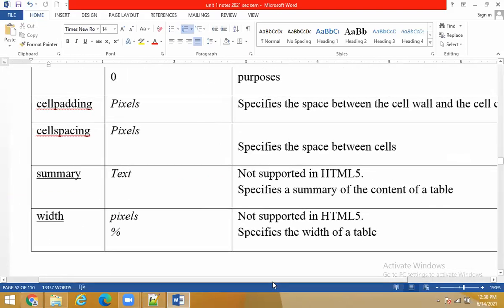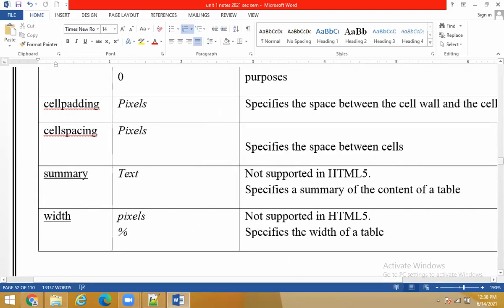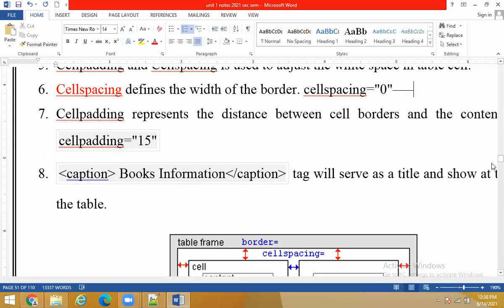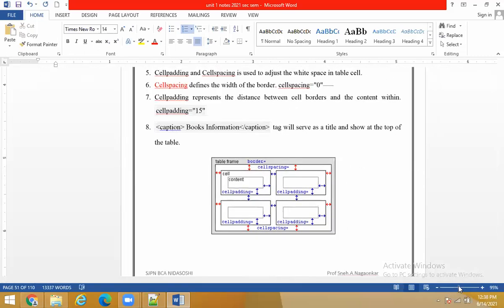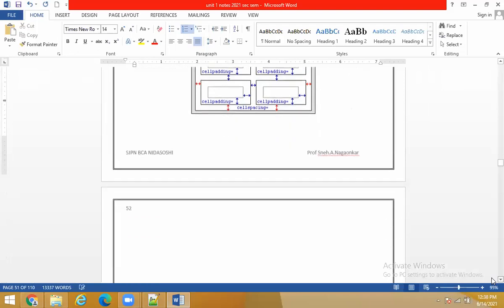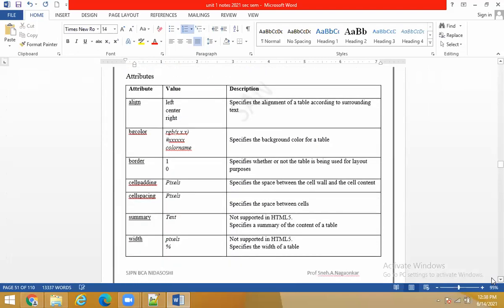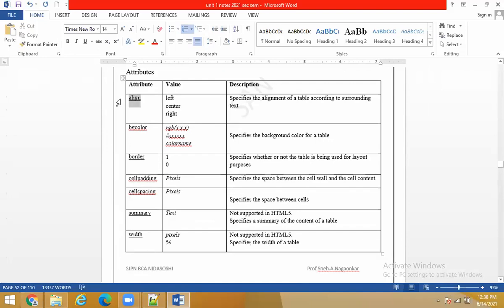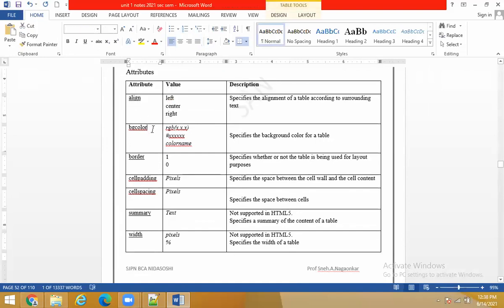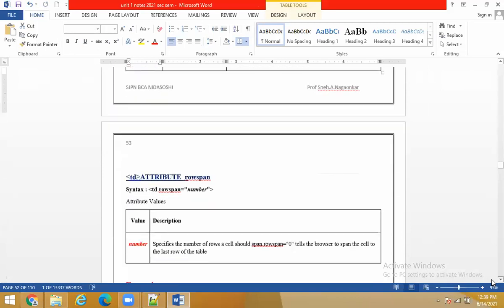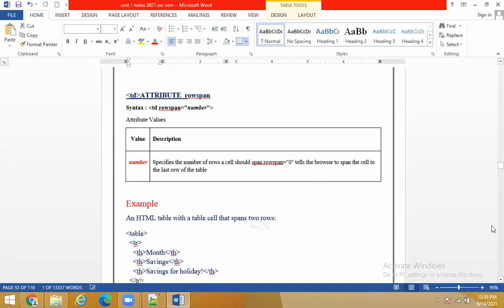So is it clear about TR and TD? So few more attributes we have got, guys. So what are those attributes? Okay, cell padding, cell spacing. You can take caption also to add heading to your table. Okay, you can take alignment. Within the table tag, you can align. You can take BG color. You can add a background color. You can add a border to your table, cell spacing, cell padding, summary. You can add a summary tag to show the information about the table. Okay. Then width you can take. You can also take height, right? Yeah. So these are some of the common attributes of the table tag.